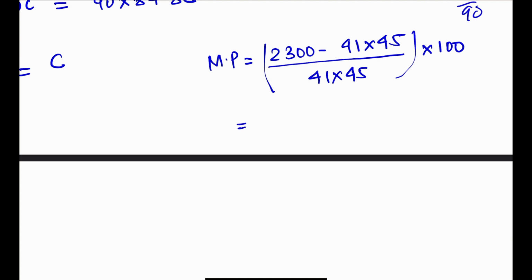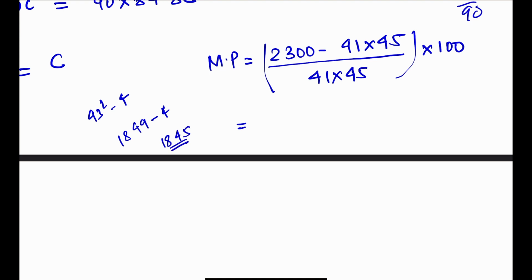So 41 into 45 will be how much? 41 into 45, so the difference is 4. 41, 45, 4. So 43 square minus 4, 43 square is 1849, last two digits 49, 25 minus 7 is... 1800 minus 4, so it will be